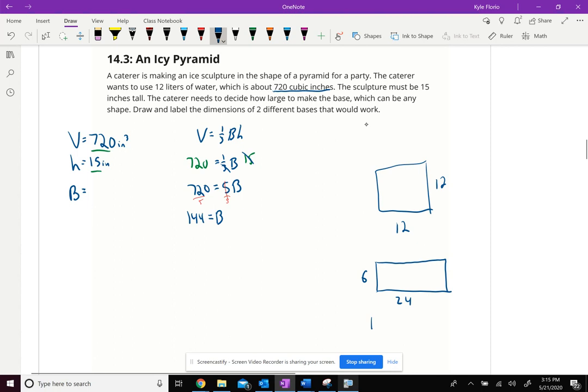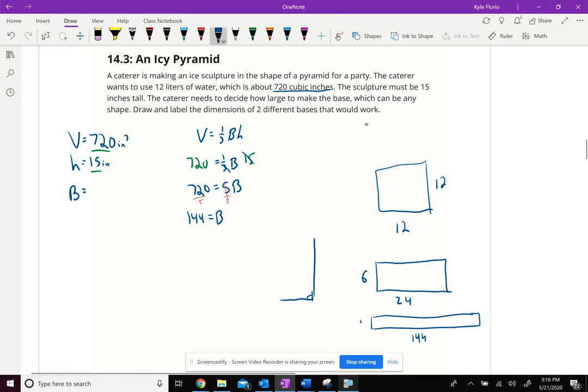I can do a 1 by 144. That area is also 144. We can even get clever and do a triangle here. Let's do a right triangle. Half the base times the height has to be 144. So